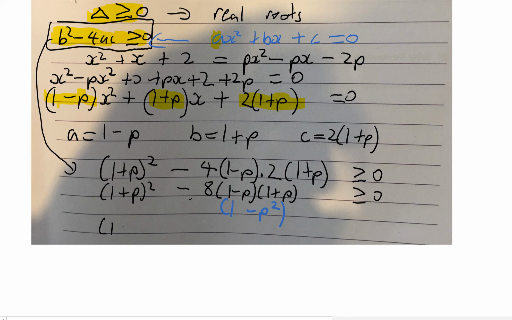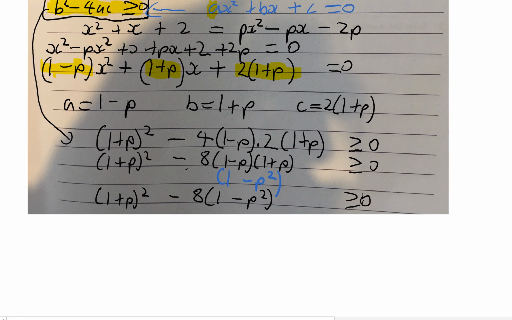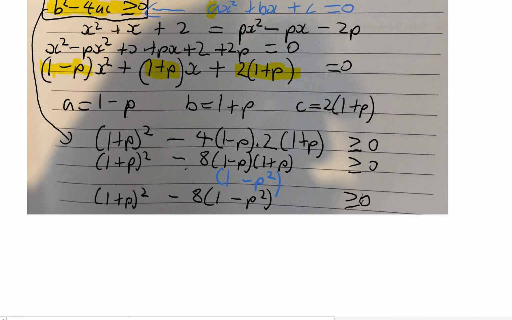So I've got (1 plus p) squared minus 8 lots of (1 minus p squared) is greater than or equal to 0. Okay, what shall we do now? Well, let's expand the brackets. And remember the (1 plus p) in brackets squared bit means (1 plus p) times (1 plus p),